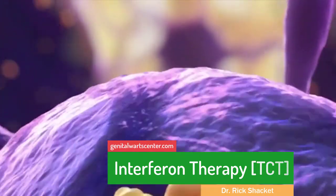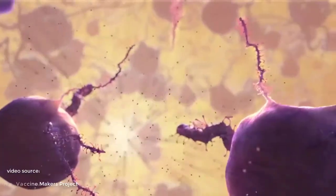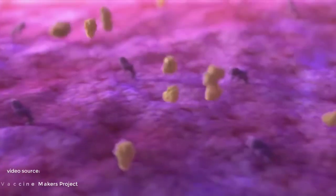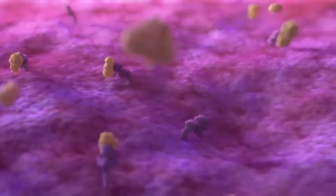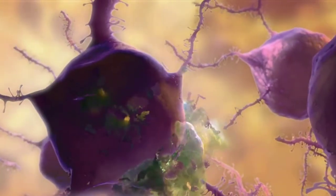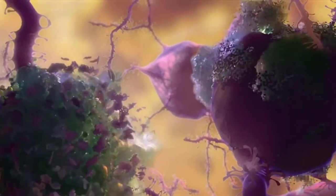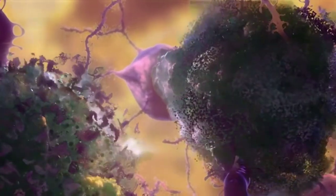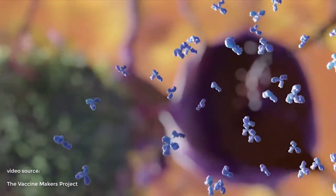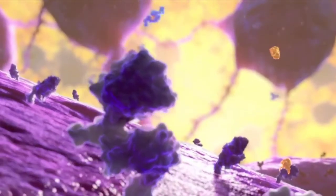Interferon therapy. Interferons are small, naturally occurring proteins in the human body that are produced in response to infection and other biological stimuli. Interferons exert their cellular activities by binding to specific membrane receptors on the cell surface. Once bound to the cell membrane, interferons initiate a complex sequence of intracellular events that include suppression of cell proliferation and inhibition of virus replication in